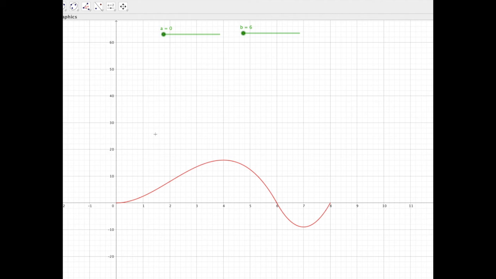We can see that it's 0 at the beginning because the gradient there is 0, the gradient here is 0, and the gradient here is 0, and we can trace that out again by sliding the time across. So we can see that the velocity increases up to about here on the modelling graph that I've used. About there is where the gradient is maximum, and then the velocity starts to fall again, reaching 0 at time is 4,